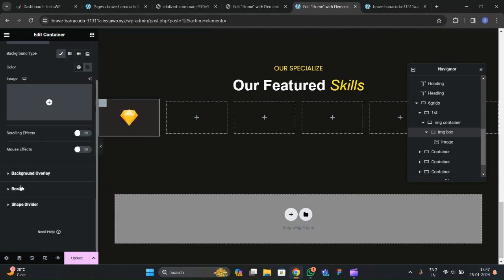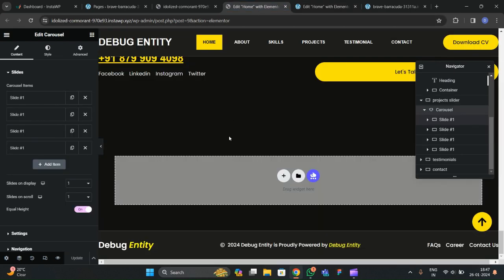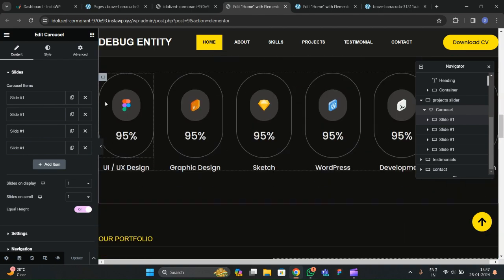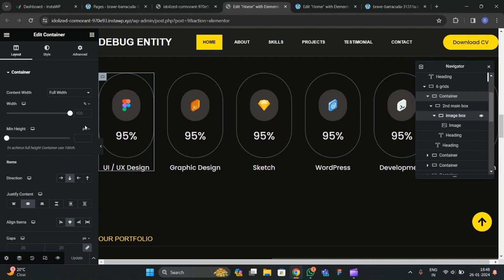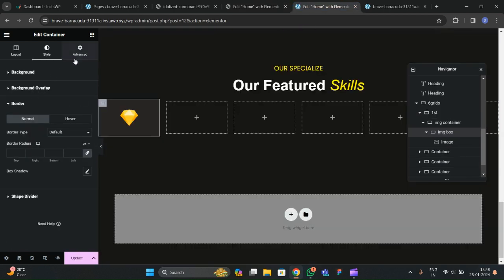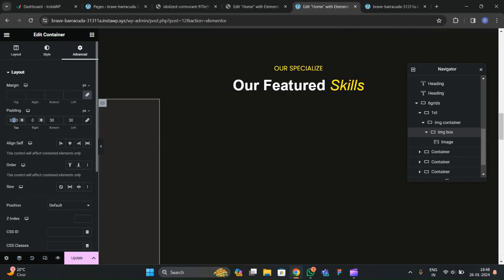Okay, so now go to the border radius, and here let me go to my previous website, and I'm gonna copy some styles from it to make it quickly. Let me go to this first container, and inside this I'm gonna go to my image box, and here I'm gonna keep the same padding 30 20 30 20. I don't want to make the video long, that's why 30. So let's make this like this, and we're gonna keep 30